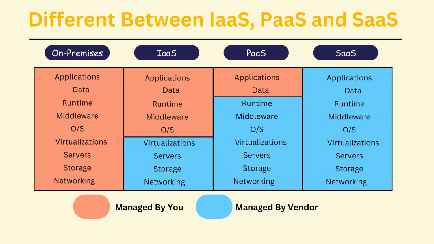All right, let's put everything together on the same page and compare and contrast the different types of service models in this chart. It explains the difference between the 4 models, starting from on-premises to IaaS, then PaaS and SaaS. It is self-explanatory that the resources managed by us are huge in on-premises, a little less in IaaS, further reduced in PaaS, and nothing to manage when it comes to SaaS.